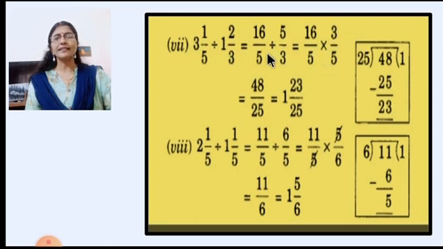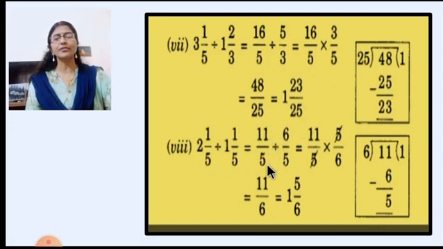Now you know, as there is division, so we have learned this, we can change the sign, but then this one we have to write in reciprocal form. So that is written 3 upon 5, and then we'll multiply 16 3s are 48 upon 25, and then you can convert it into improper fraction like this, 123 upon 25. Same way this is also done like this.